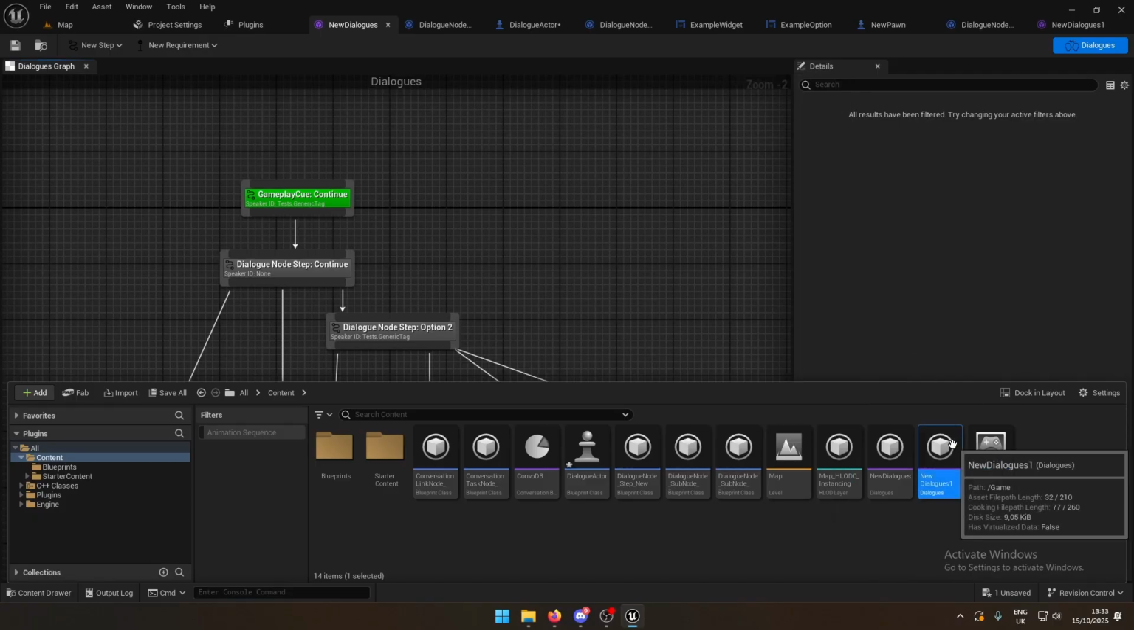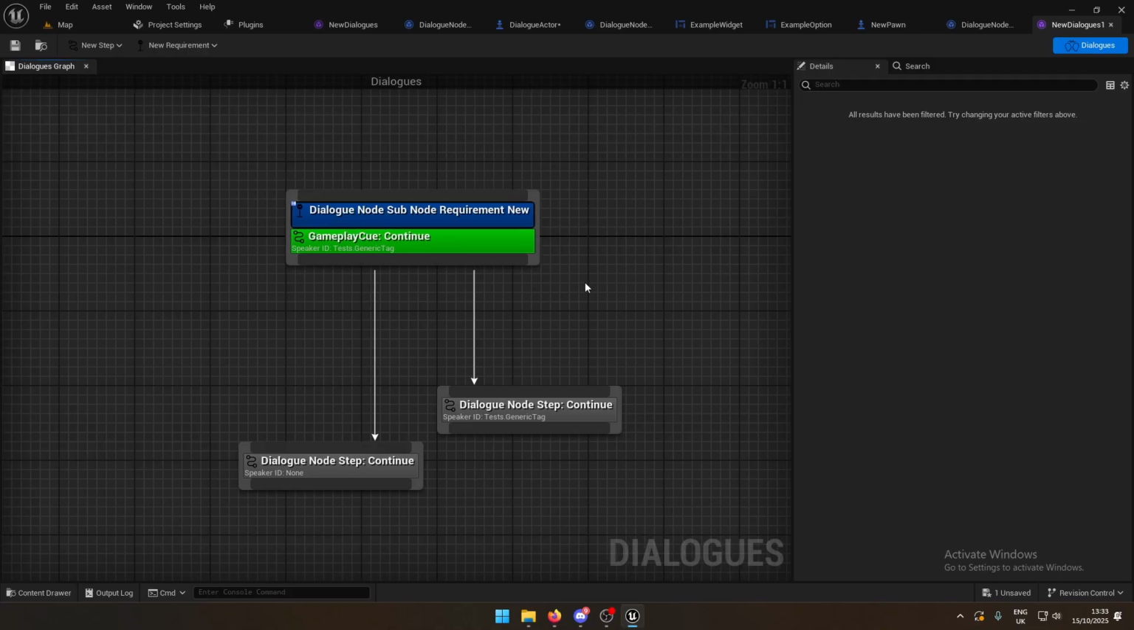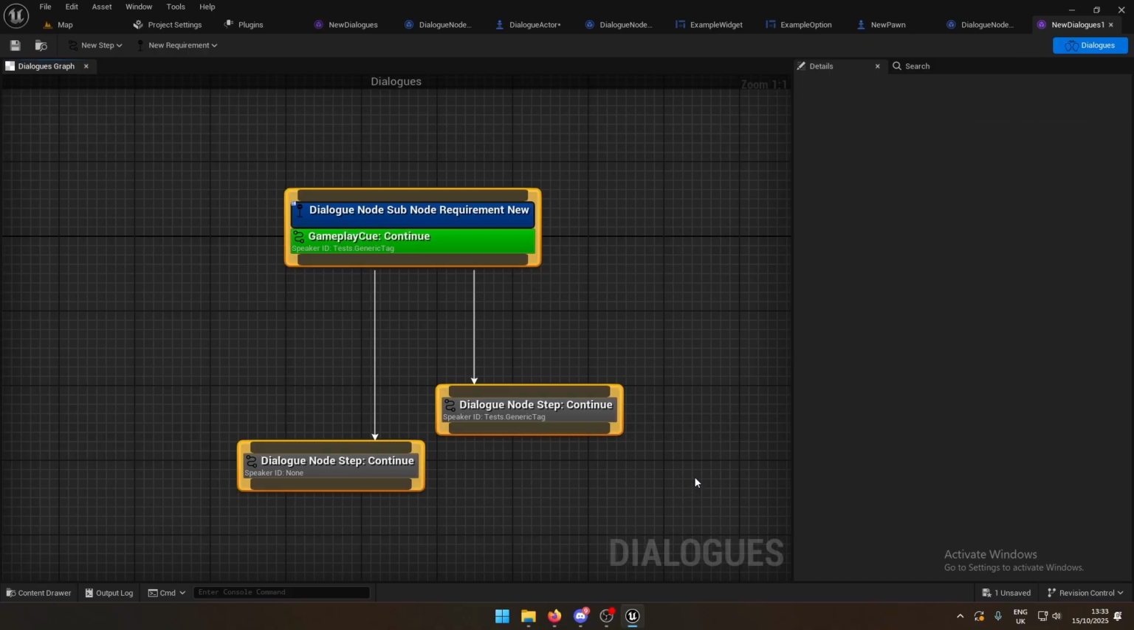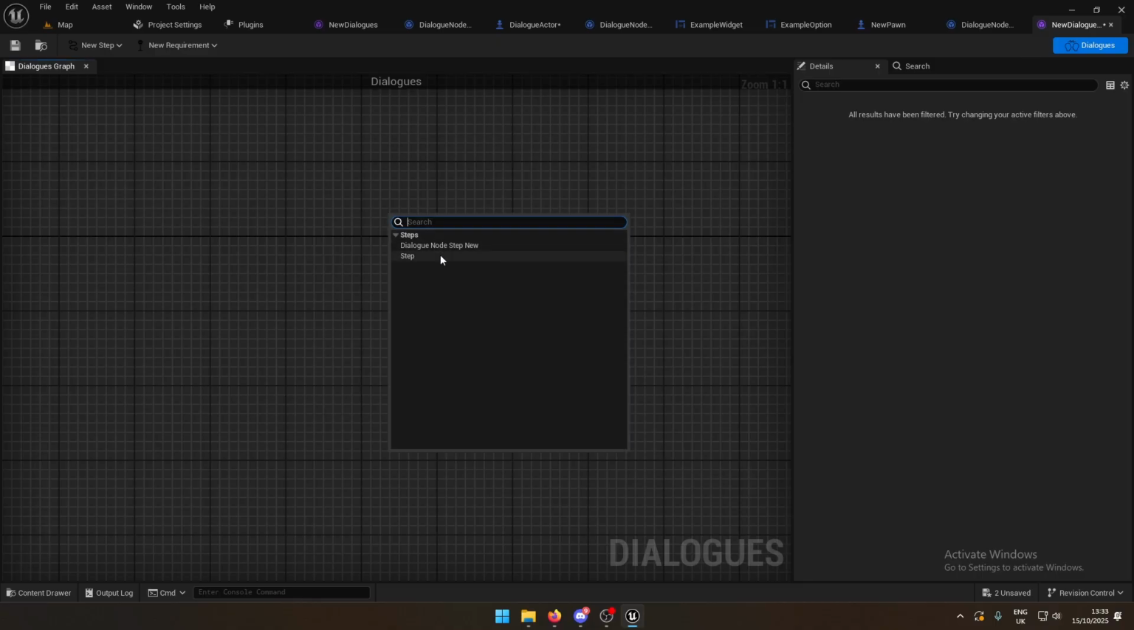it pops up here and you just double click it. Usually it starts without any nodes. This is a previous one I created already. But let's just go and start from that. This is just a default setup. If you add then a step,